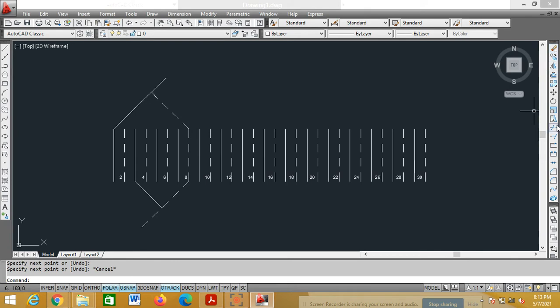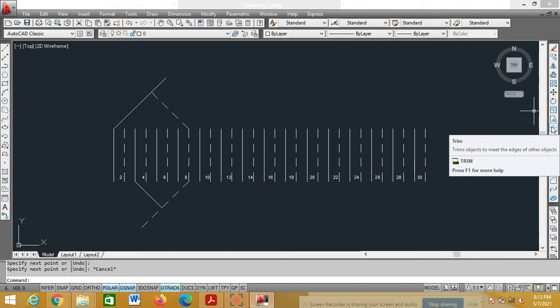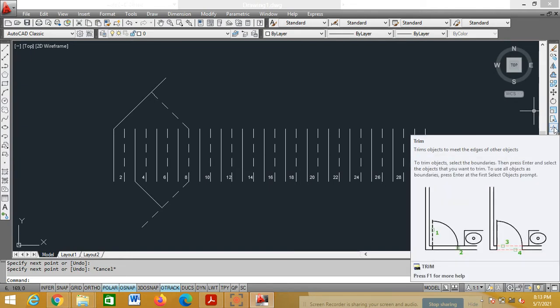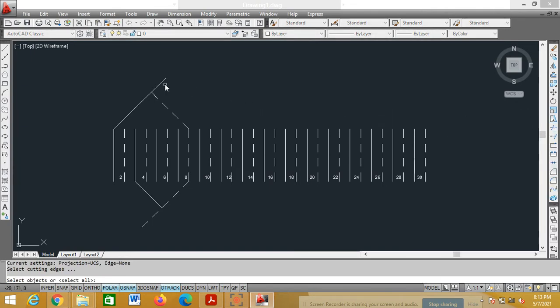See, in the modify toolbar you have something called as trim. You bring the cursor, it will show what is the modification toolbar. I'll come here, it is trim. Select this trim option. Once you select this trim option, this line I want to trim. Beside this line, you right click on the mouse. Whichever you want to trim, select that and left click on the mouse. Similarly, left click, select this and left click the mouse.